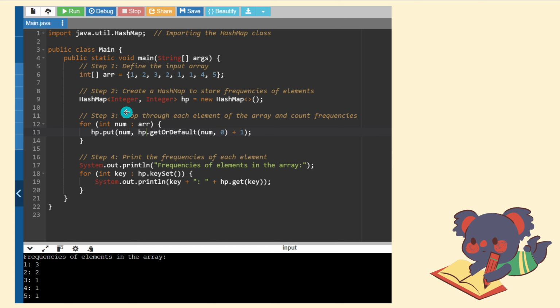It takes a key as well as a value, the element and its frequency. So you initialize Integer comma Integer, HashMap hp equals new HashMap. Here you have created the hash map to store the frequencies of the elements. Now run a for loop, for int num in array, running num throughout the array. Now what you are doing is hp dot put num comma hp dot get or default num